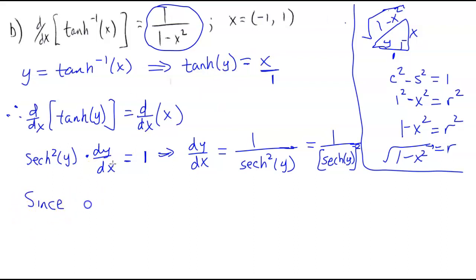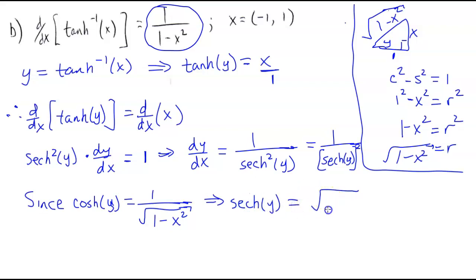So my point here is that, let me write this as cosine first. So cosine hyperbolic of y here can be looked at as 1 over square root of 1 minus x squared. This means that secant hyperbolic of y is going to look like this. And thus, if we square that, we get 1 minus x squared. So therefore, we see that the derivative of y, and remember y